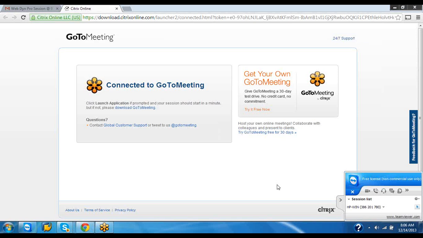The area where I'm moving the mouse is called the control panel of GoToMeeting. It has 4 sections: screen sharing, webcam,